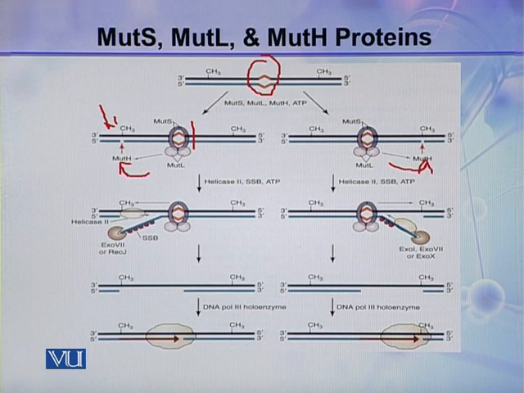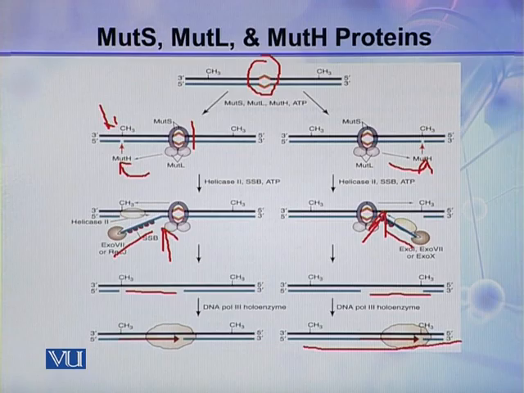So the next is the helicase 2, SSB and ATP. They take part in the pathway, and this portion or this portion, then these are hydrolyzed, and now this is the gap, and this gap is filled by DNA polymerase 3 holoenzyme,